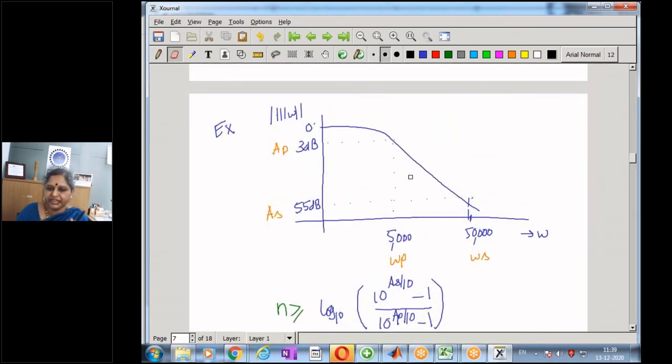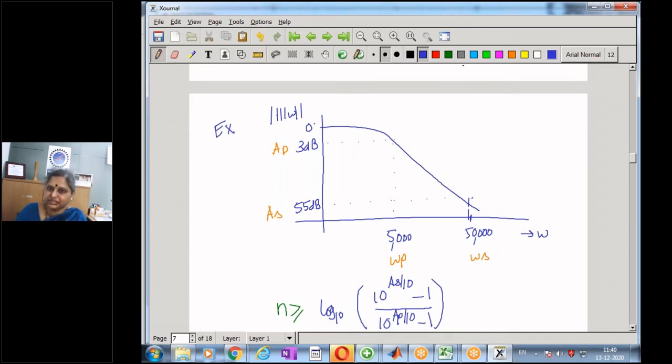If we see here, we have taken a frequency of 5,000 and one decade further, that is 50,000, and here my attenuation is 3. Now, my desired attenuation is around 55 dB, which is less than 60 dB. At 20 dB per decade, that makes it around 60 dB. So up to 60 dB for one decade, it is going to be a third order system.